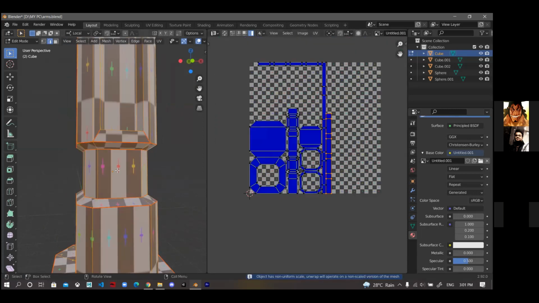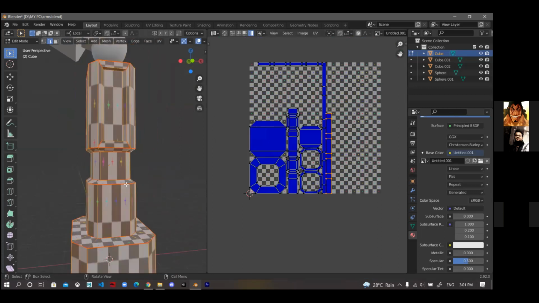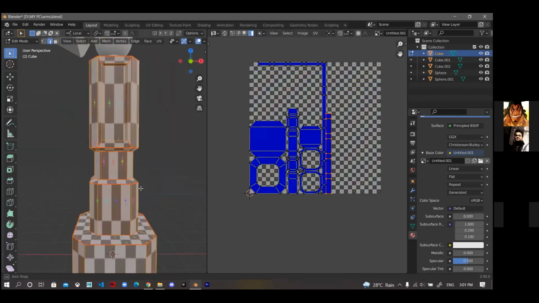So now this model is perfectly unwrapped and there is no stretching.